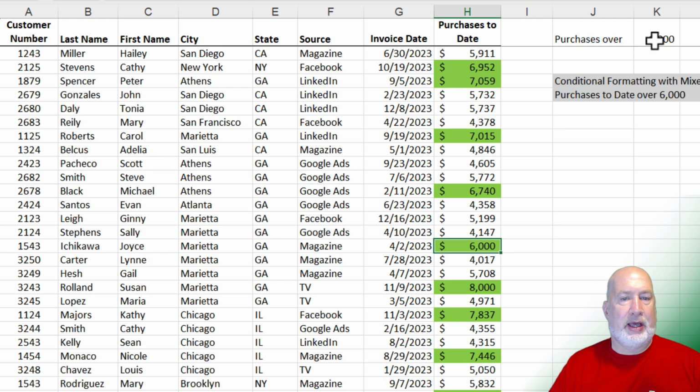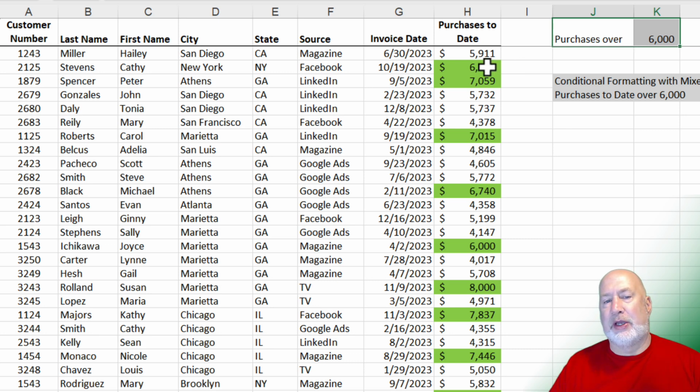I'm not going to worry about that. What is better about this method? Both methods work, by the way. What is better about this method? If you're the only one working on the spreadsheet, you probably know what conditional formatting you set up when you're looking at those colors. But if someone else doesn't see this right here, because it wasn't initially here, you don't know really what the conditional formatting is doing. But now it's very clear that I'm looking for purchases over 6,000.